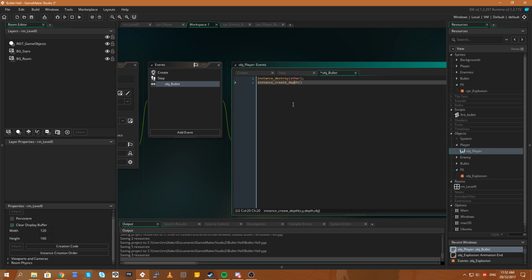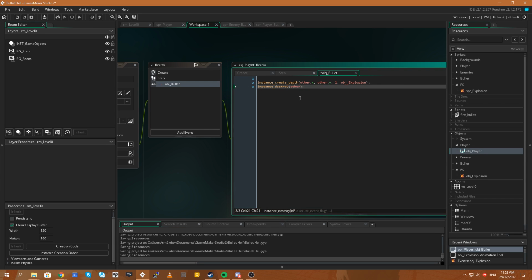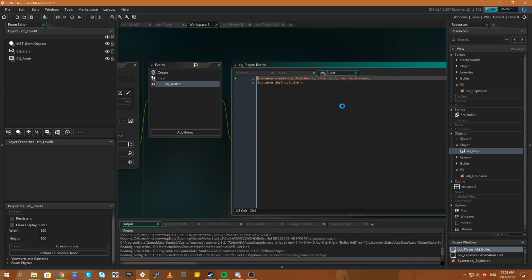At depth, this is going to be x. So this is going to be other.x, other.y. So we'll move this around. Depth is going to be 1 this time because we want it to be above the player, and the obj_explosion. There we go. So we're going to create an explosion where the bullet hits, and then we're going to destroy the other object being the bullet. So let's have a look and see if this works.